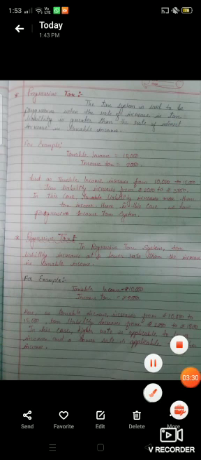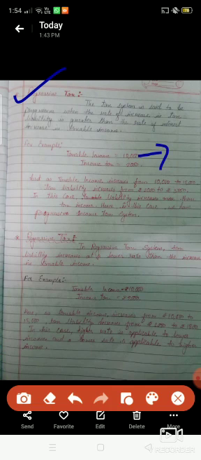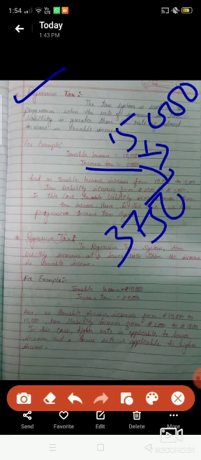Now the second one is progressive tax. The tax system is said to be progressive when the rate of increase in tax liability is greater than the rate of increase in taxable income. So suppose that income has been increased from 10,000 to 15,000, but income tax has been increased from 2,000 to 3750, or any amount which is more than 3,000.